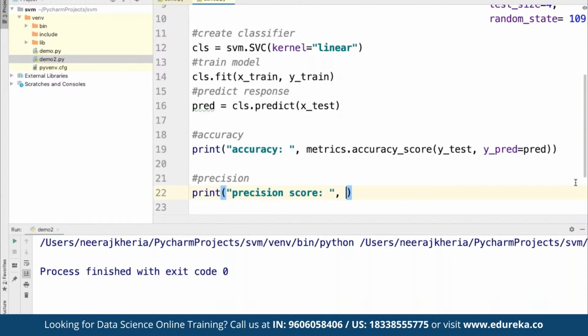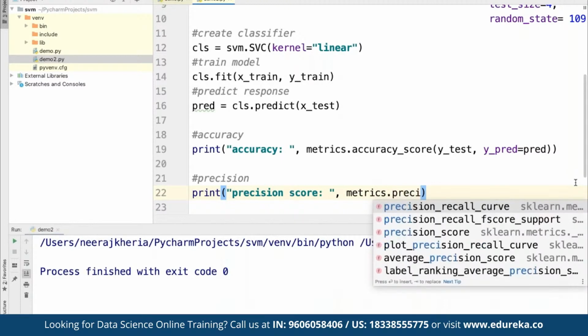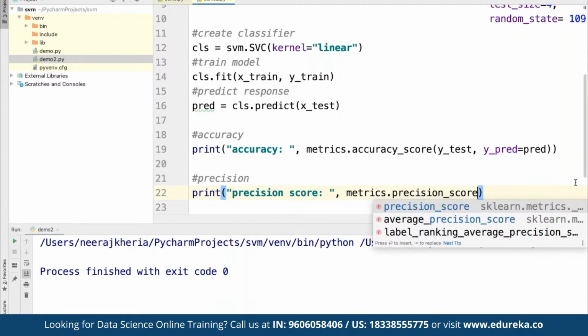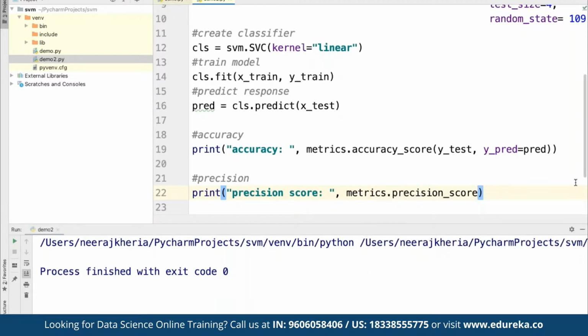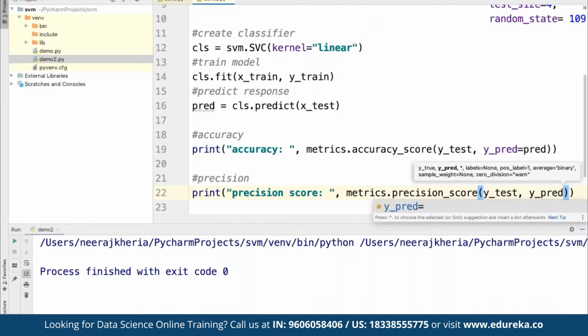Here we again make use of metrics.precision_score, and for precision score we are going to make use of y test and y prediction.